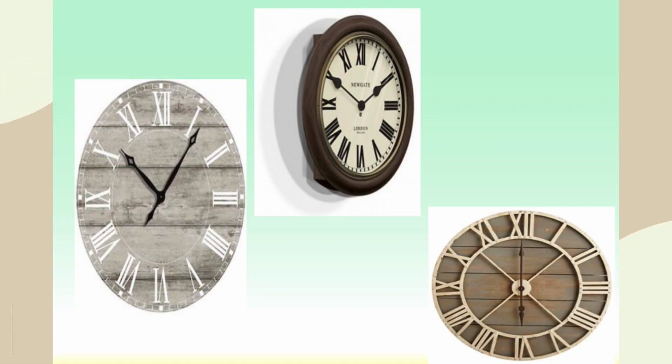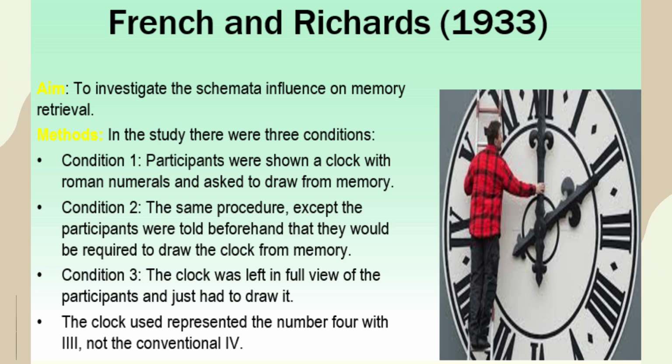Okay, now please look at this picture. There are some wall clocks. I hope you have seen this picture. Now going forth, there is this supporting study by French and Richards, 1933, to investigate the schemata influence on memory